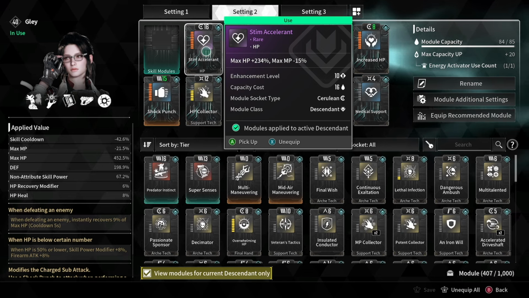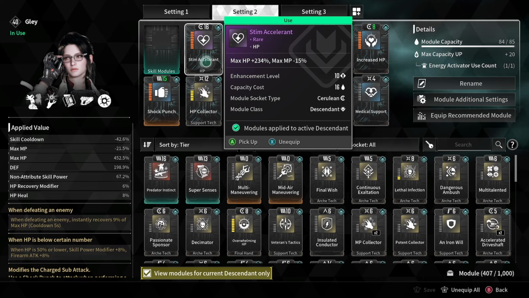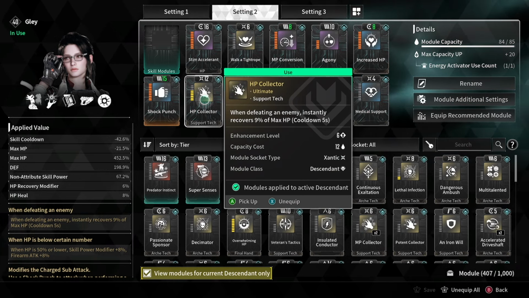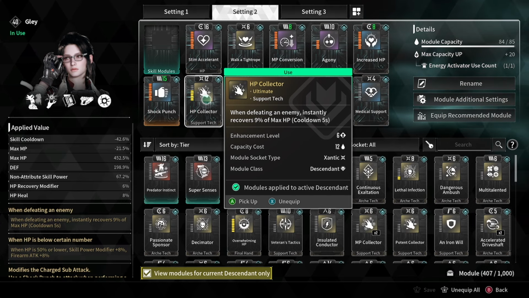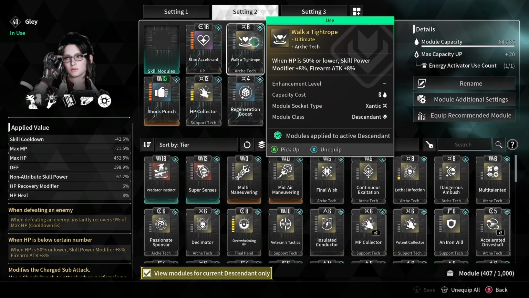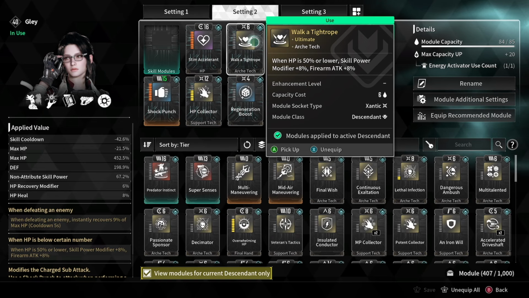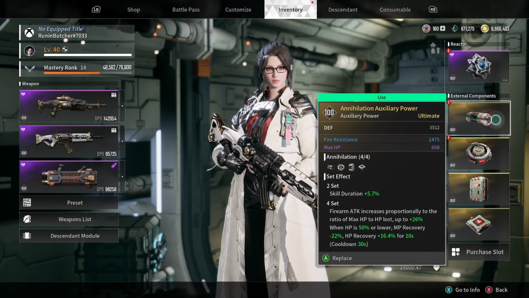These are my cards or modules. Whew, there is a lot to cover here, but pretty much everything is really important in first cards. HP collector will help you a lot, because bosses usually fight with their minions alongside them. Kill some minions, get your HP back. Walk a tightrope right now is like 50-50 card. I forgot the name from another card. Yes, this tightrope